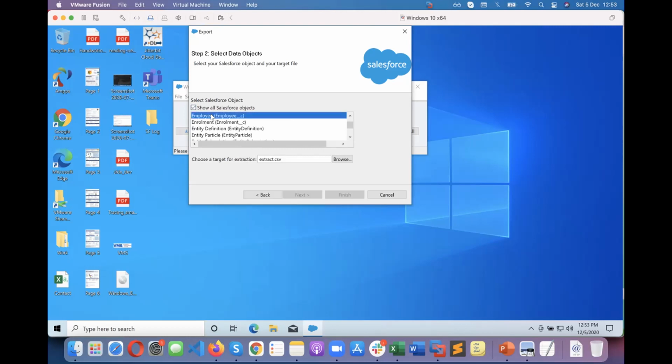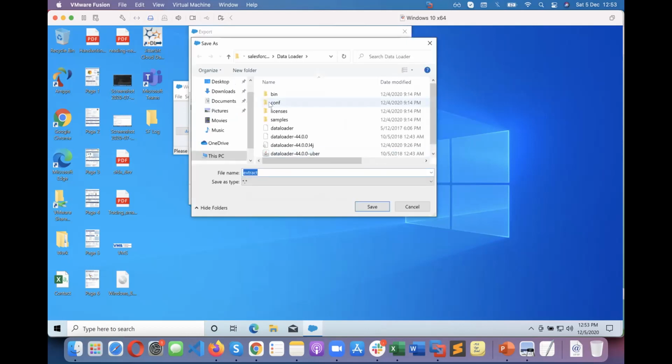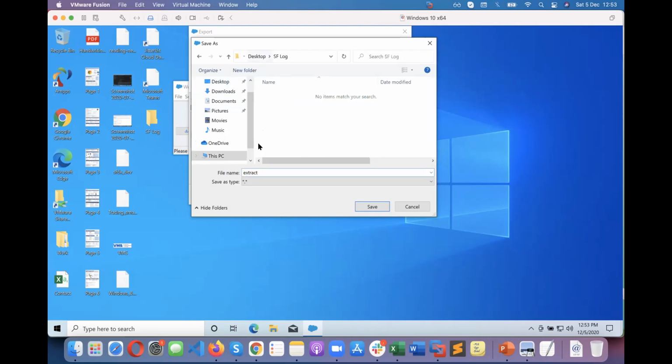Okay. Now here we are going to export customer, right? Correct. Let's export the customers. See customer, campaign. I am still seeing a lot because I selected this, so I'm unticking that. Now we'll get it quickly. Okay, so I'm exporting it. Browse. I will put it on the desktop, SF log, customer export .csv.